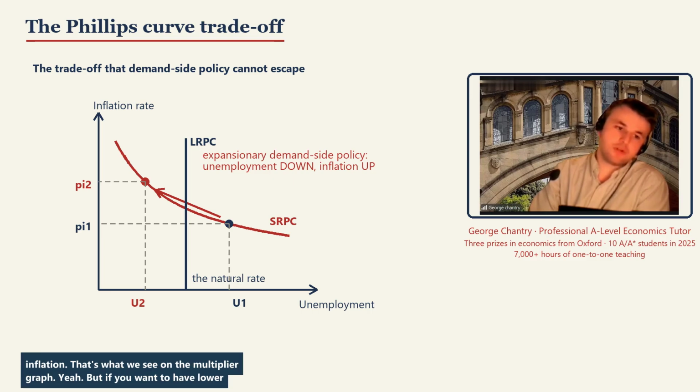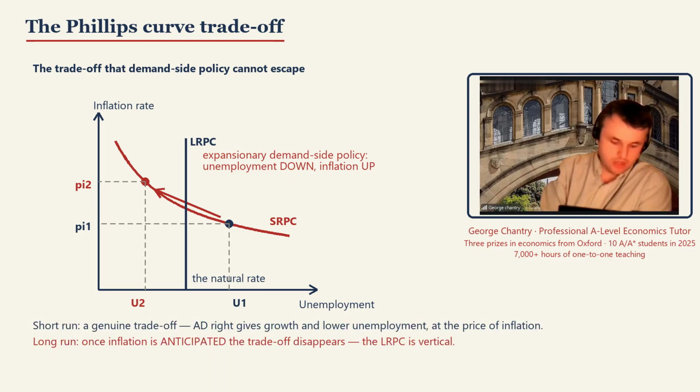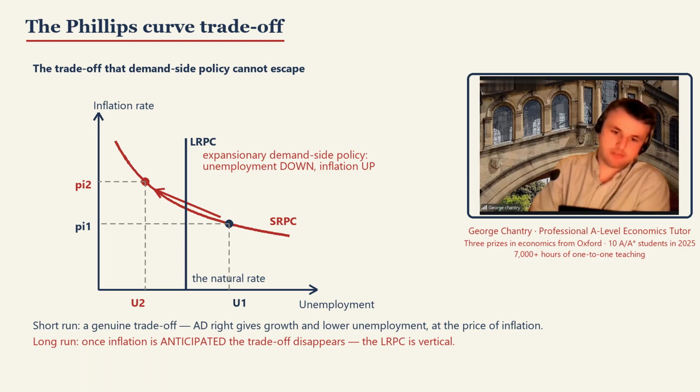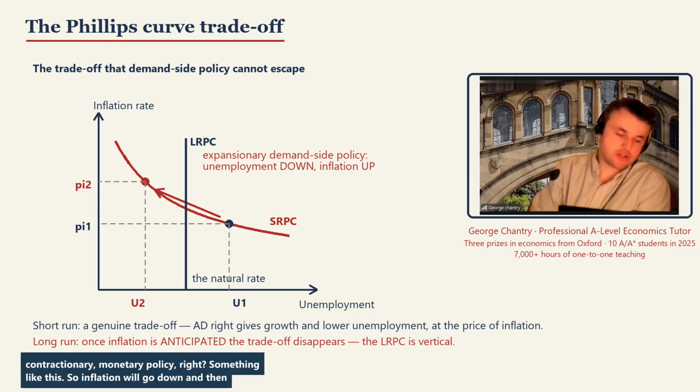But if you want to have lower inflation, you will have to raise interest rates, and therefore cause a contractionary monetary policy, let's say, which will shift AD this way. So the contractionary monetary policy will go the other way around, like this. So inflation will go down,